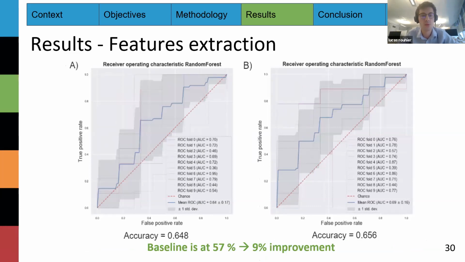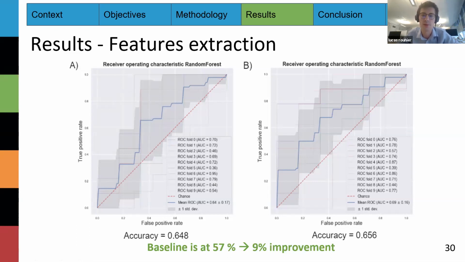The last result of this series is the feature extraction one, so from the third approach. And the baseline was a bit different here because it was at 57%, because we had fewer subjects, so we had a different baseline, of course. And there is a 9% improvement with random forest, which was the best performing one at this time.